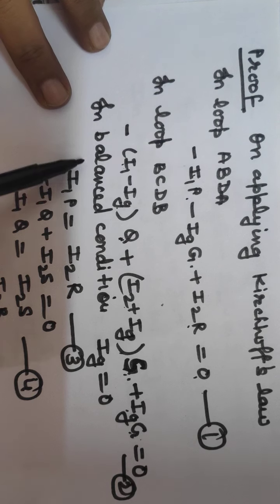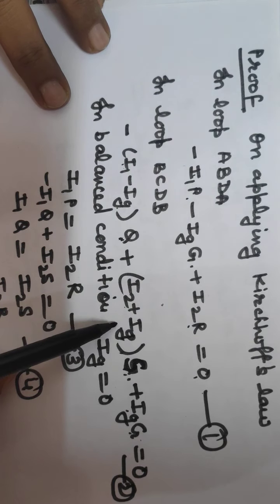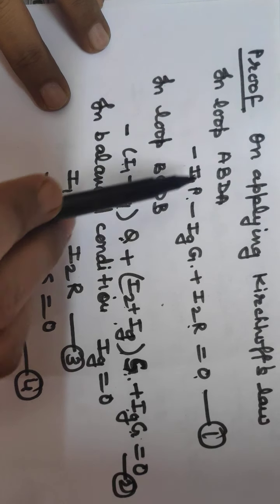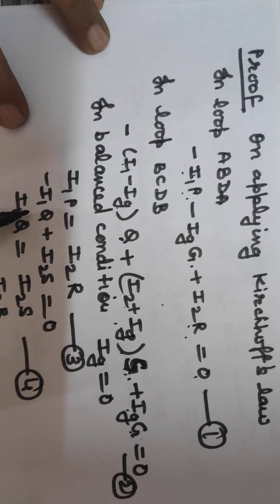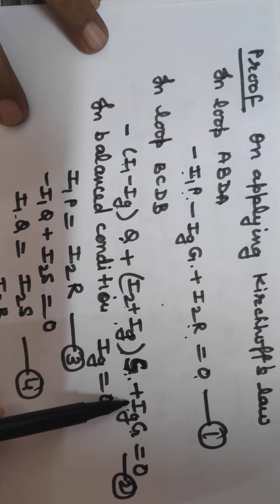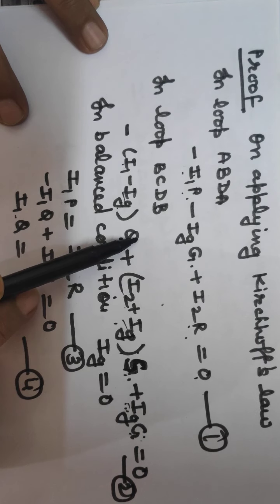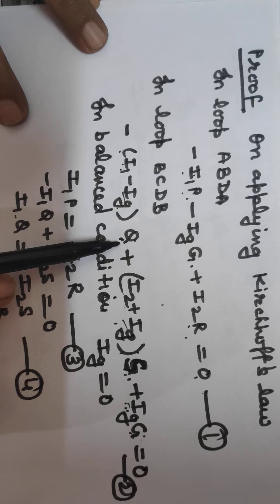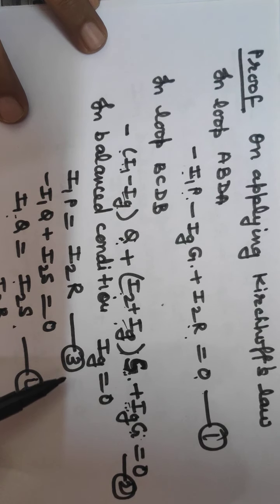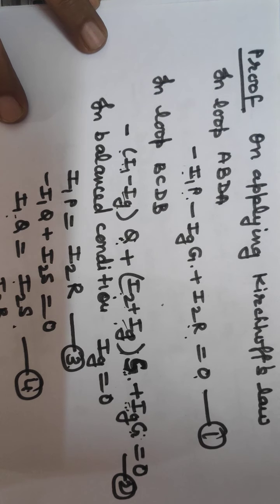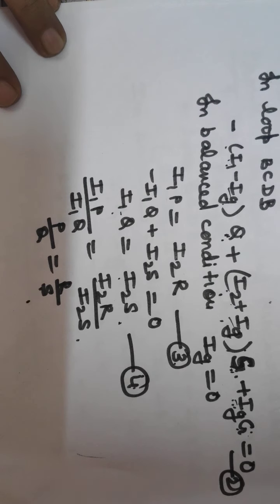Okay, now in the balance condition we know IG equals 0, so we place IG equal to 0 in these two, and we get from the first equation I1P equal to I2R. In the second equation, with IG 0, the IG terms become 0, so we get only minus I1 into Q plus I2 into S, so I1Q equal to I2S. On dividing 3 and 4, we get P upon Q equal to R upon S. This is our final relation.